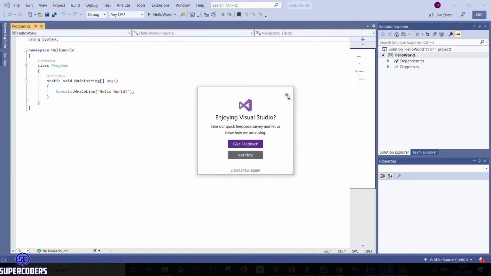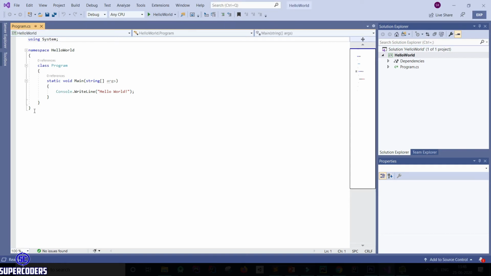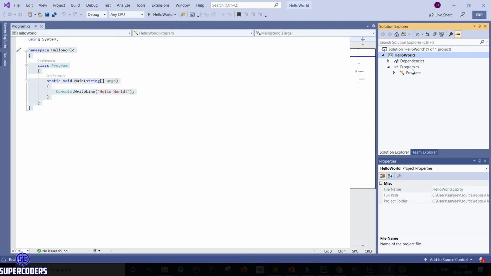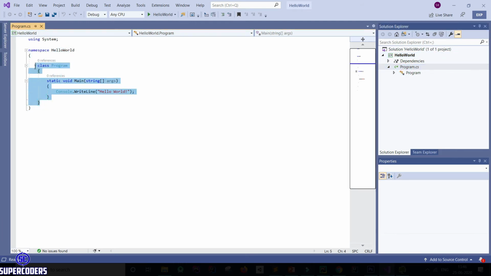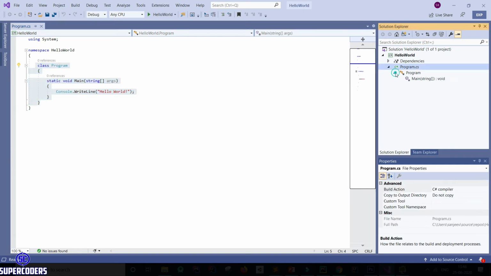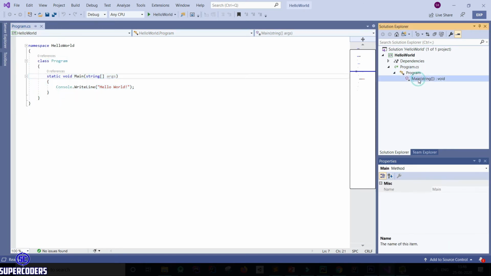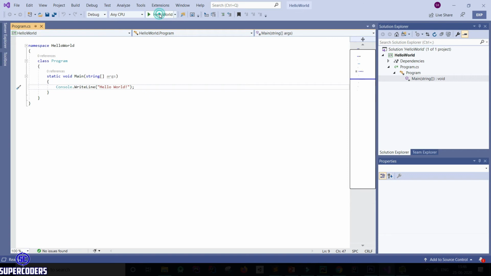You can see this simple project. The namespace is our project name. We define the project name. We are under the project name, and the program.cs file is the main file which runs our program. So you can see this class file program.cs, and the Main method is called first when we run the program. So the initial method that will be called is our Main method. Now running my project.